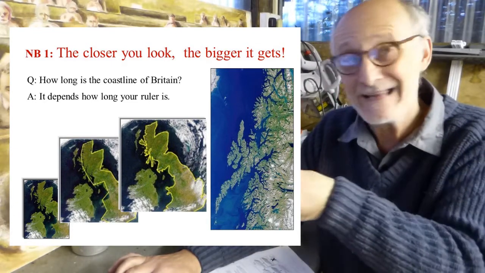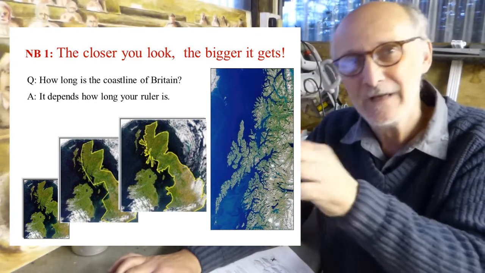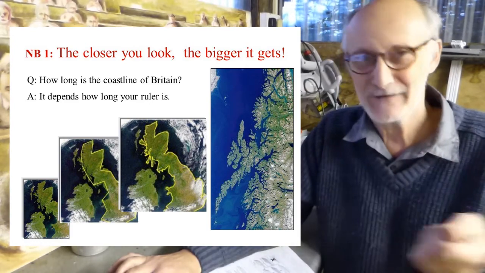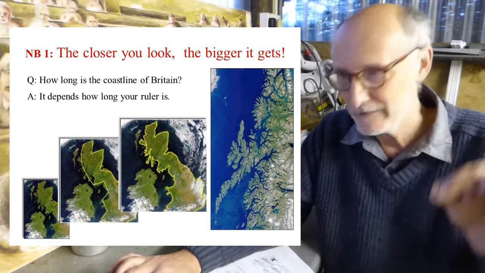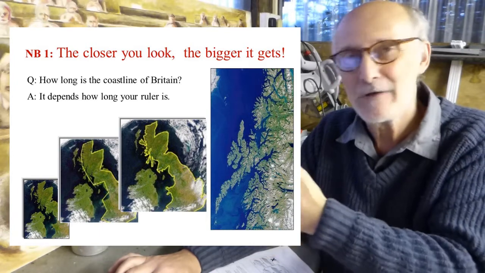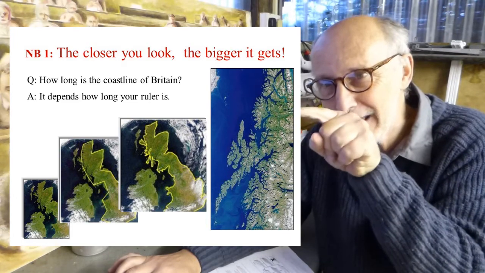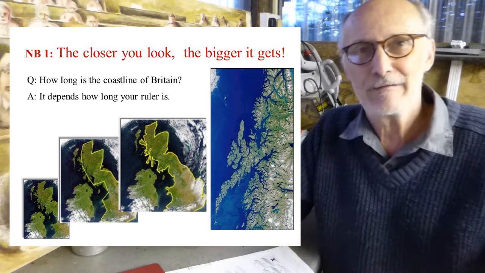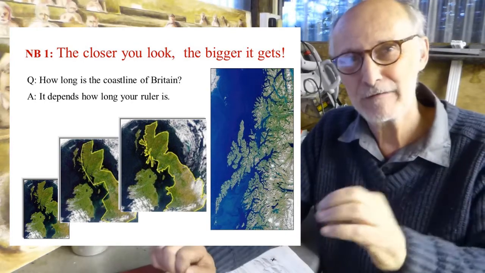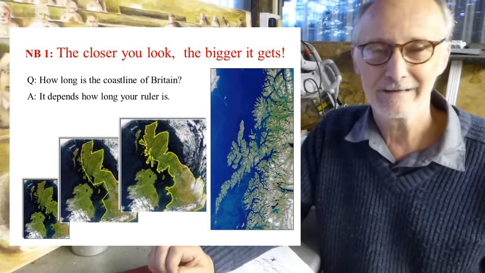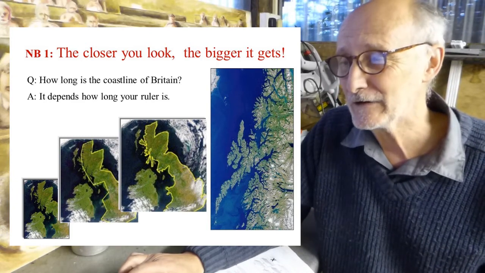And if you look even closer, if you get out there in the real world and instead of measuring it off a map, you actually walk around the coastline, going in and out of all the little bays, or you get a team of students with 6-inch rulers to go out there and measure in between every rock on the coastline, it's getting longer and longer the closer we look. So we hire our team of mice or ants with microscopes to go out and measure in between every sand grain, in and out. And the closer you look, the longer it gets. Theoretically, almost infinitely longer. If you look closely enough, the coastline would become a meaningless length, more or less an infinite length. So the closer you look, the bigger it gets.